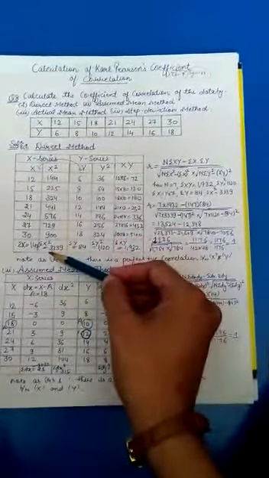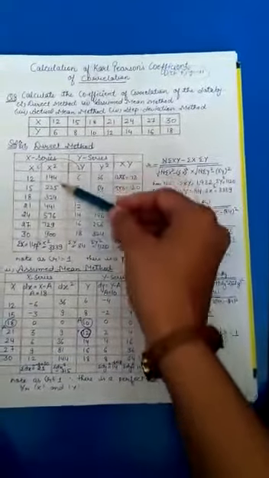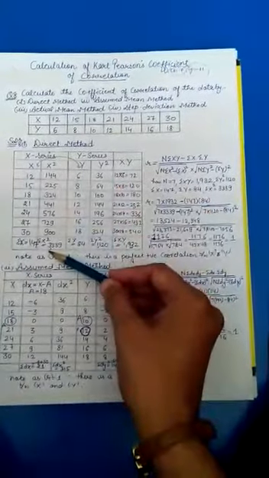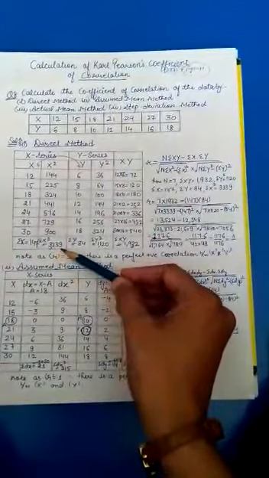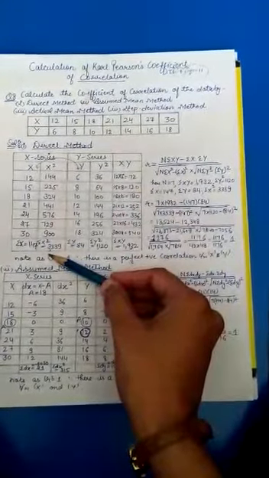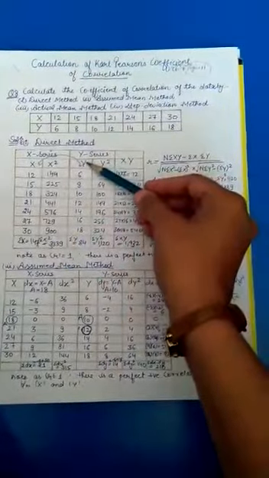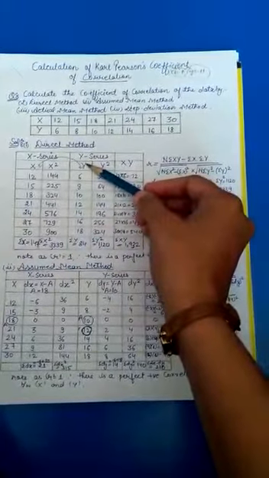At the end of the column we have done the total of all these values, and the total has come to be 3339. You have to add them very carefully. If any single mistake is there, your complete process will give a wrong answer, and a wrong answer will give you 0 marks.